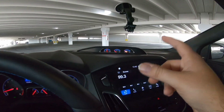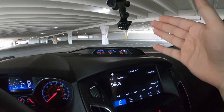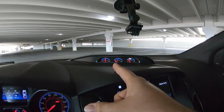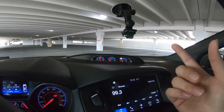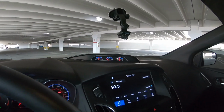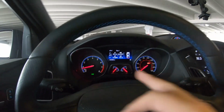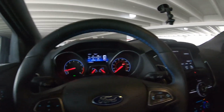Up there, we do have Focus RS specific gauges. The ST does have those, but these ones are obviously blue to go with the whole RS thing. You have an oil temp on the left, an oil pressure on the right, and then the funnest one, or funnest, is that a word anymore? The best looking one is the boost gauge in the middle, and you guys can hear the turbo. It won't really spool up because we aren't putting any load on it. Of course, as I said, it is a pretty basic Focus interior aside from the seats and some stuff,